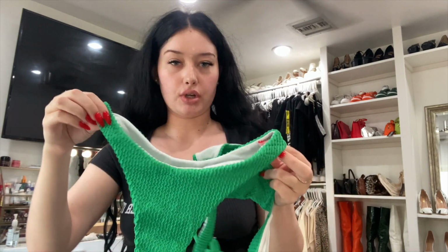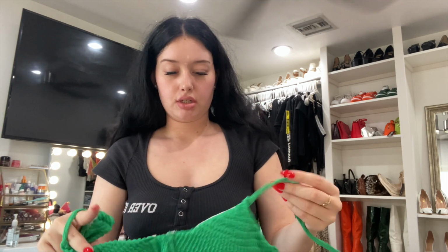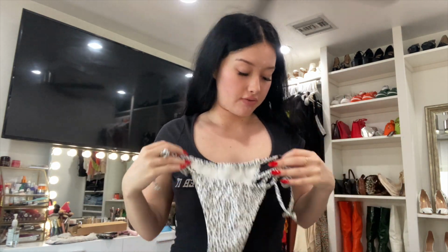It's just like this green one, so I feel like I definitely have to bring this because this is super cute. Okay, so I got this bikini from, I did a haul with this bikini, White Fox, when did I do that haul? I don't know. These bottoms, and they tie up on the sides, and I feel like this is going to be